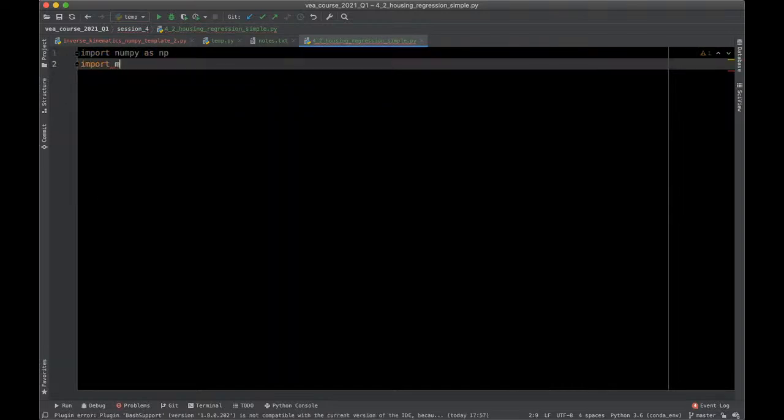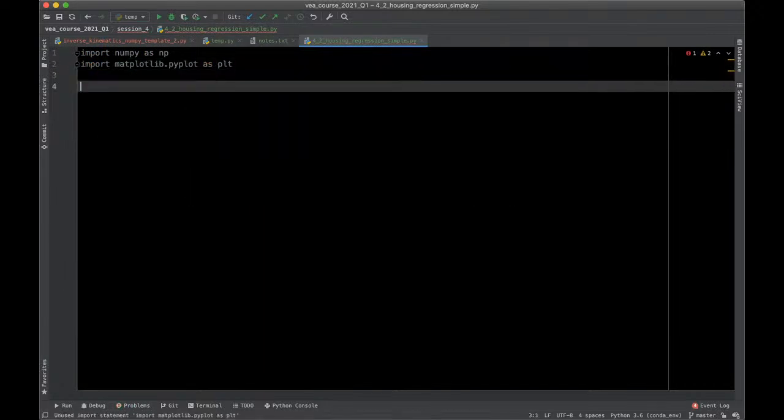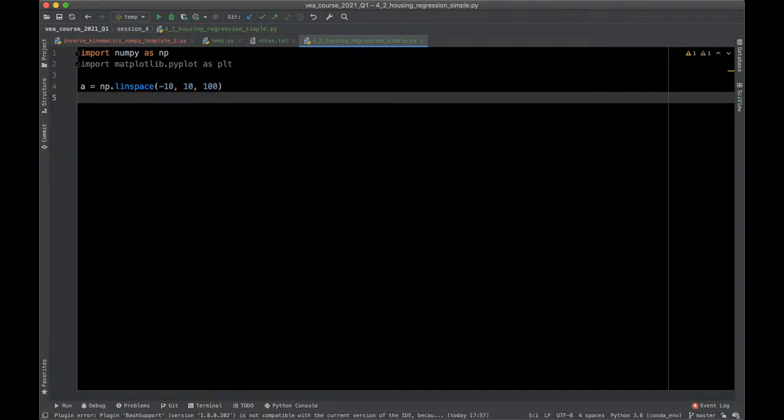So import matplotlib pyplot as plt. I just want to display for you the sigmoid function so you can look at how it looks like. So again, we'll start with, let's call it a as it was in our equation, np linspace from -10 to 10 with, let's say, 100 points,